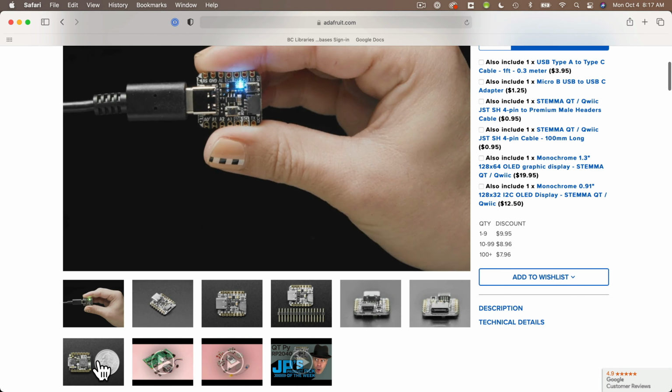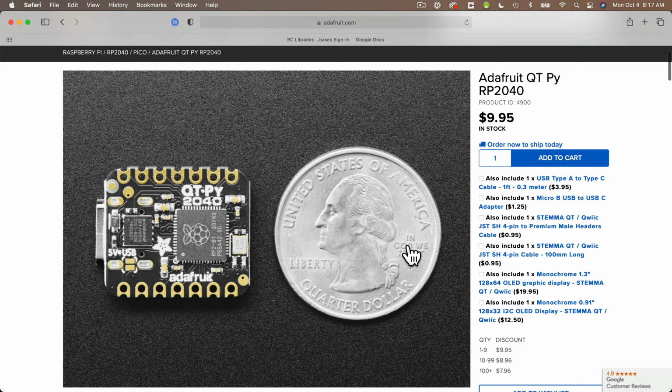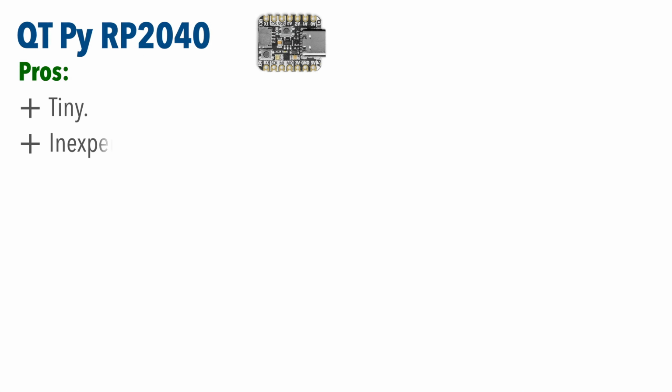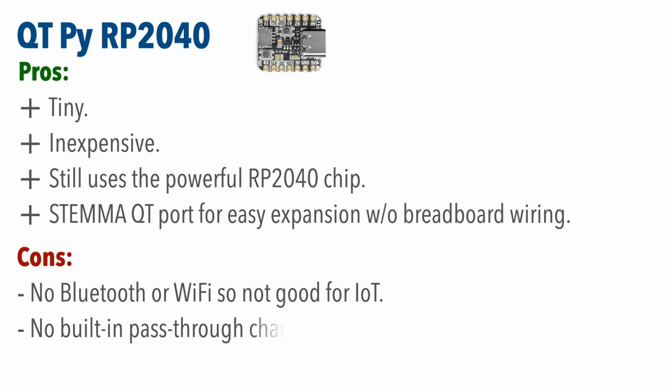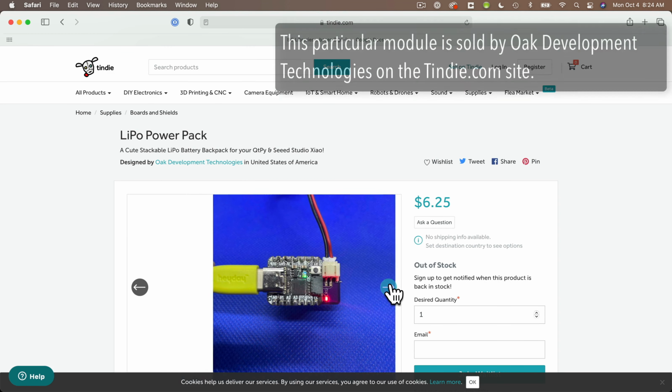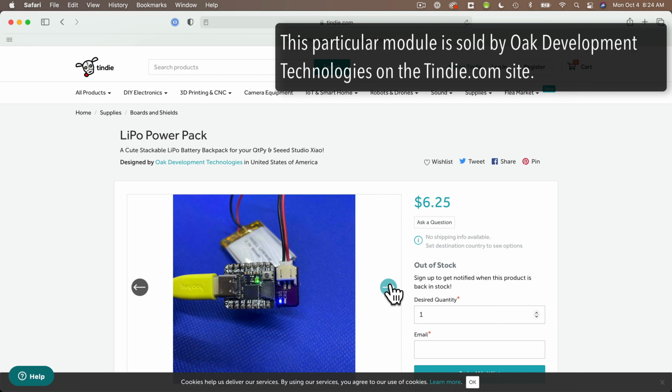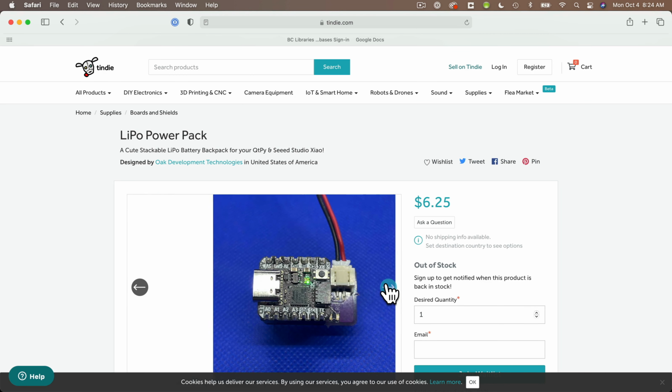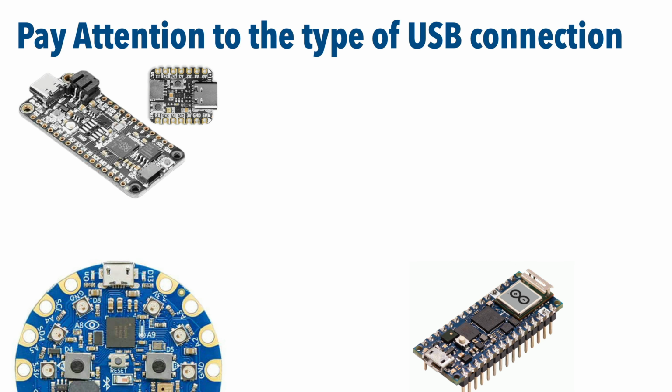At the time that I'm recording this, it's available for less than $10 in the United States. Now, the board doesn't have wireless capabilities. It's not a Feather board, so you can't use the Feather wing expansion options, and it also doesn't have a JST battery connection. Although, if you're comfortable soldering in small places, it is possible to buy an expansion module that has to be soldered onto this board, but it would allow you to use a super tiny board that's battery powered for portable projects. When choosing a board, another lesson that I've learned the hard way, make sure that you